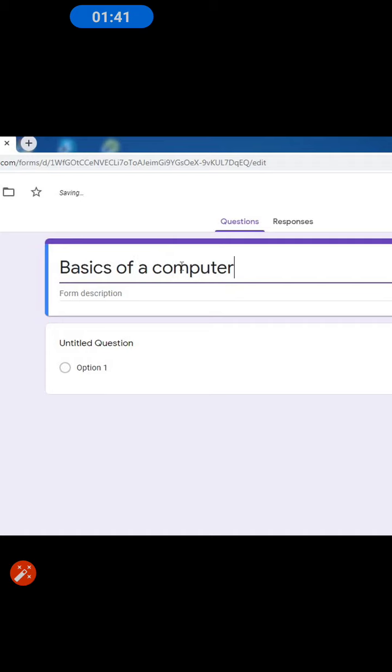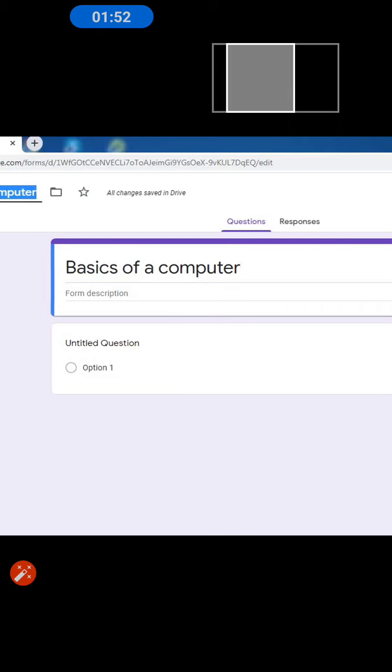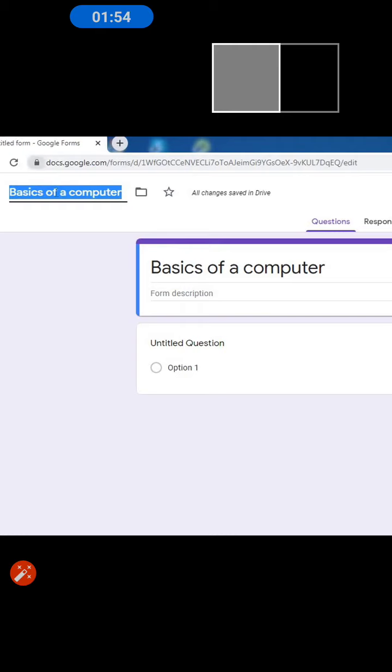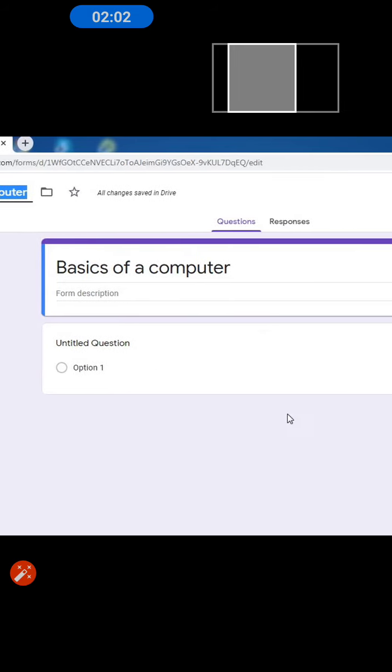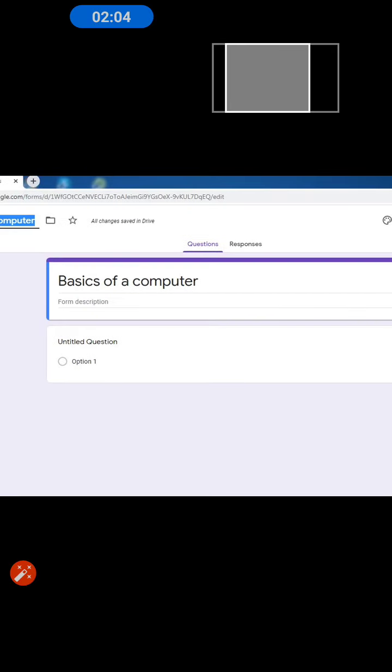Whichever title, whichever topic you want to give a question, you can type here. Form description is optional. You might give what this form is collecting, basically a survey, question paper, examination, whatever. Now this Basics of Computer title gets copied here if we click there.